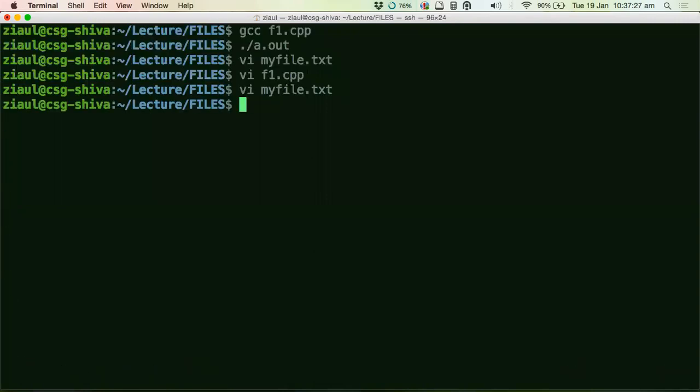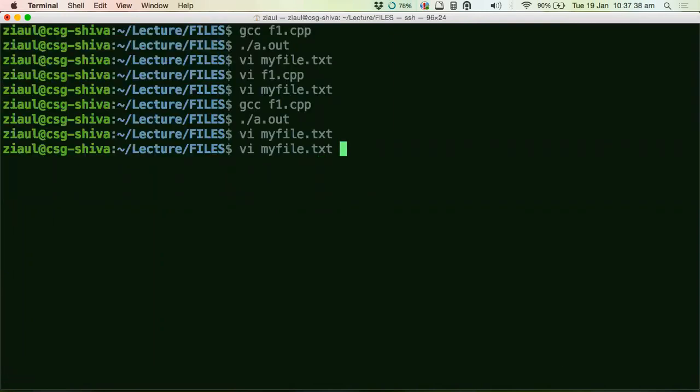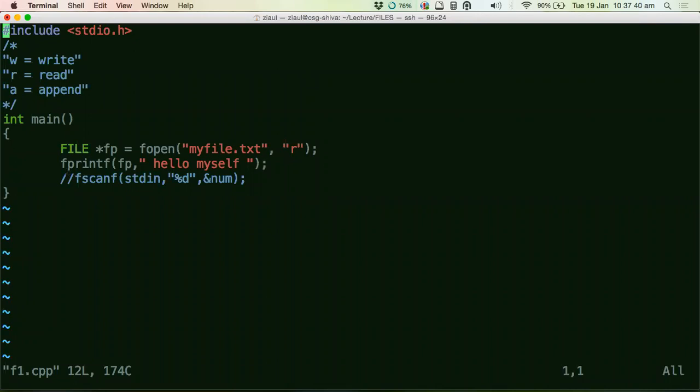So let's see if it gets updated. It does not get updated. So basically, no error happened here, but you opened the file in read mode. What happened was fprintf was not successful in writing.